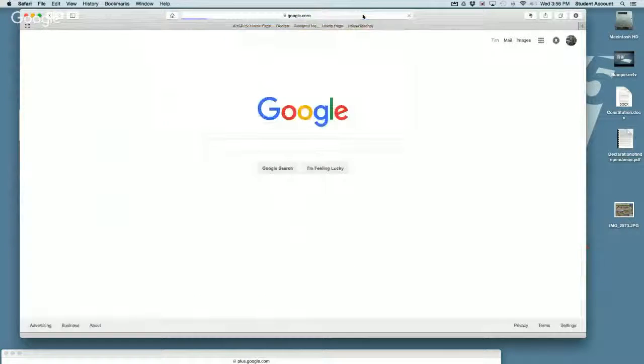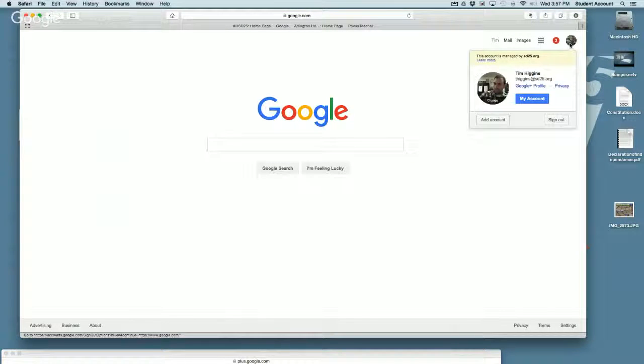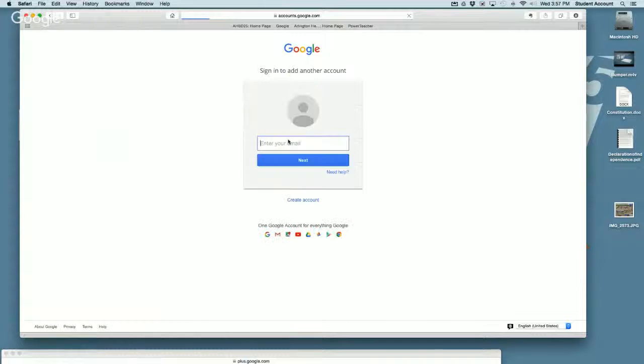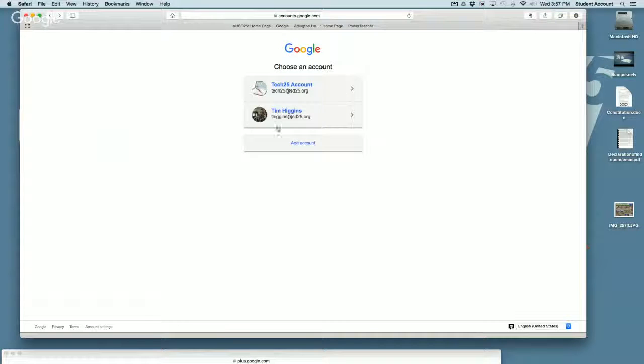So to that end, quickly, I want to show you. So here we have a typical issue, especially in our environment where we're sharing computers and we're sharing logins. Kids come out, they don't log in, or you walk into an environment where you need to get in. So in this case, let's say I want to go and I want to add an account because I don't want to log in with Tim's stuff, but I need to look for mine. And I'm trying to log in with myself, and I go to add account. And in some cases, this window doesn't come up, but it just repeats this window over and over again, even though I'm trying to add an account.